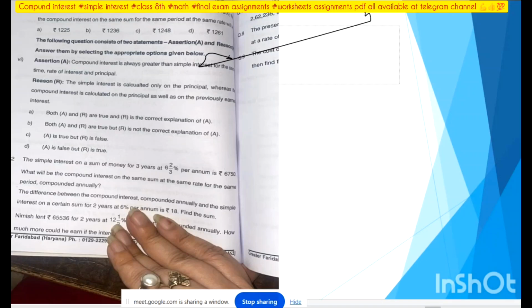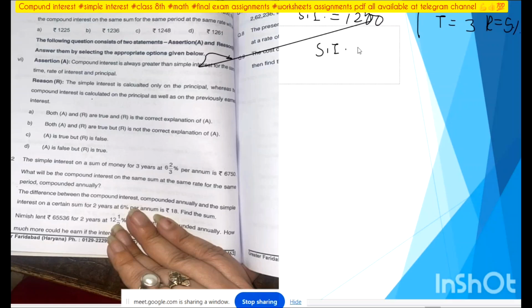In the fifth part of this question, what is that? If the simple interest on the sum at 5% per annum for 3 years is 1200. That means simple interest is given as 1200, T is your 3, R is your 5% per annum. Now the same thing is applied on the compound interest and you have to find the value of CI. So in the whole given quantities, principal is not mentioned, right? So first you have to find out the principal. So I will find out the principal from the simple interest.